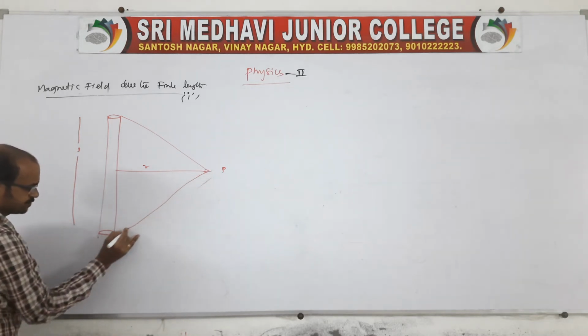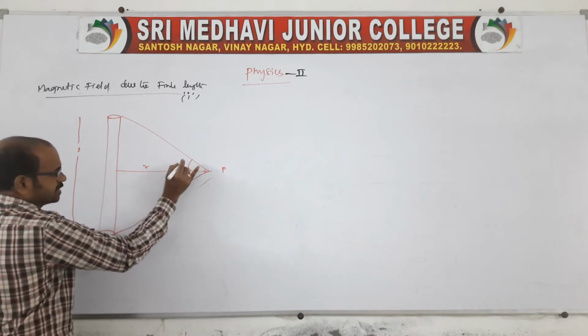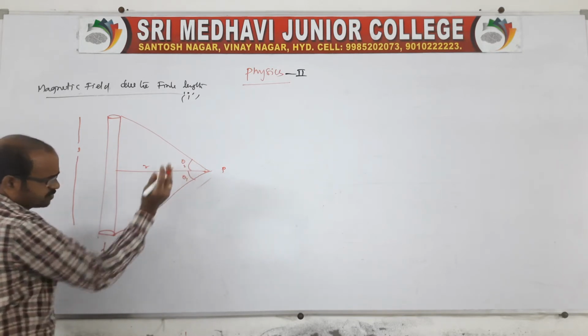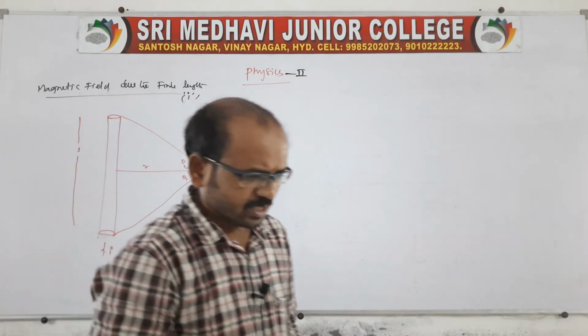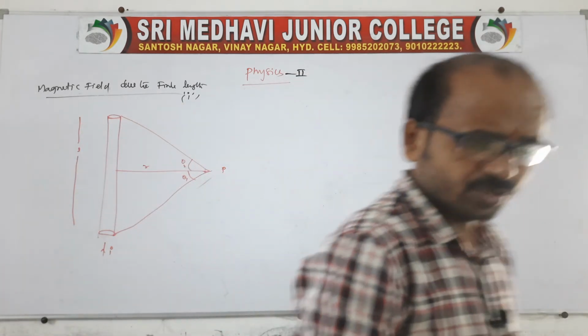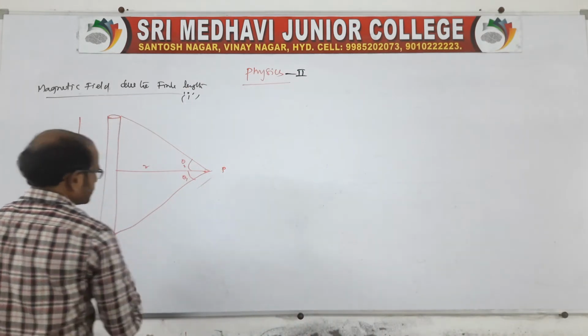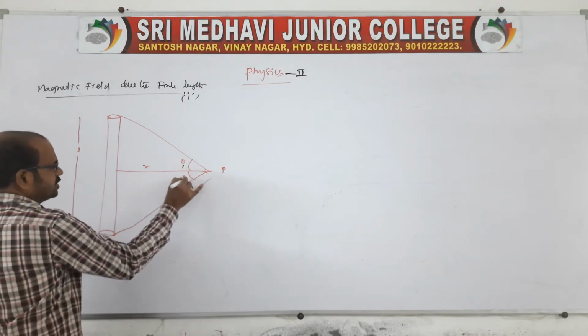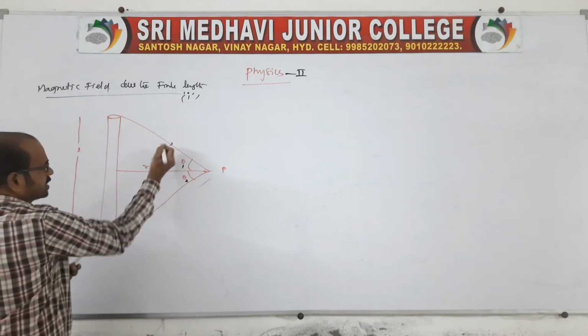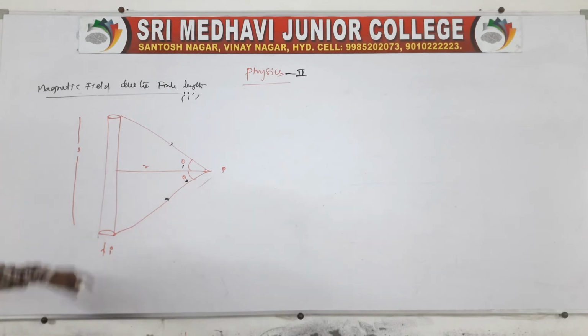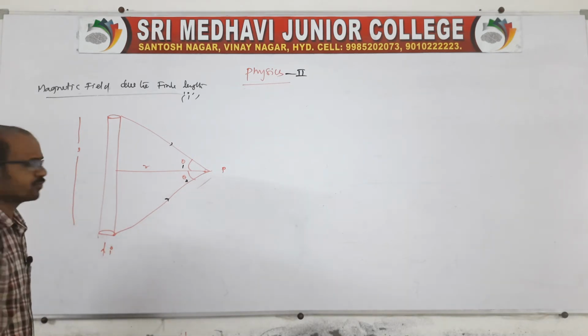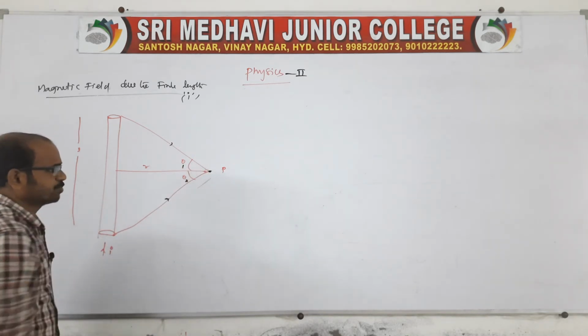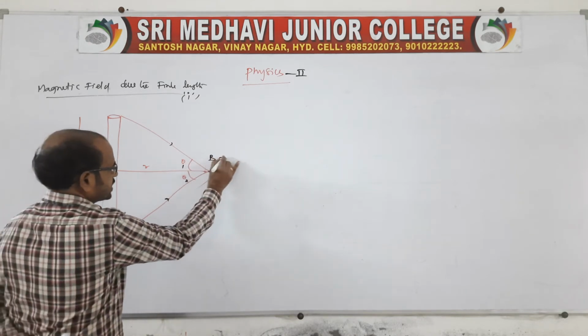You say like this. So this is making an angle, you say theta 1, of course your wish. Any angle you take, one is theta 1, one more is theta 2. Suppose if I take this 1, 2. So from this end is the magnetic induction, and from this, due to the length of the current carrying conductor, now we need to find the magnetic induction at a point P. That is what B is asking, right?